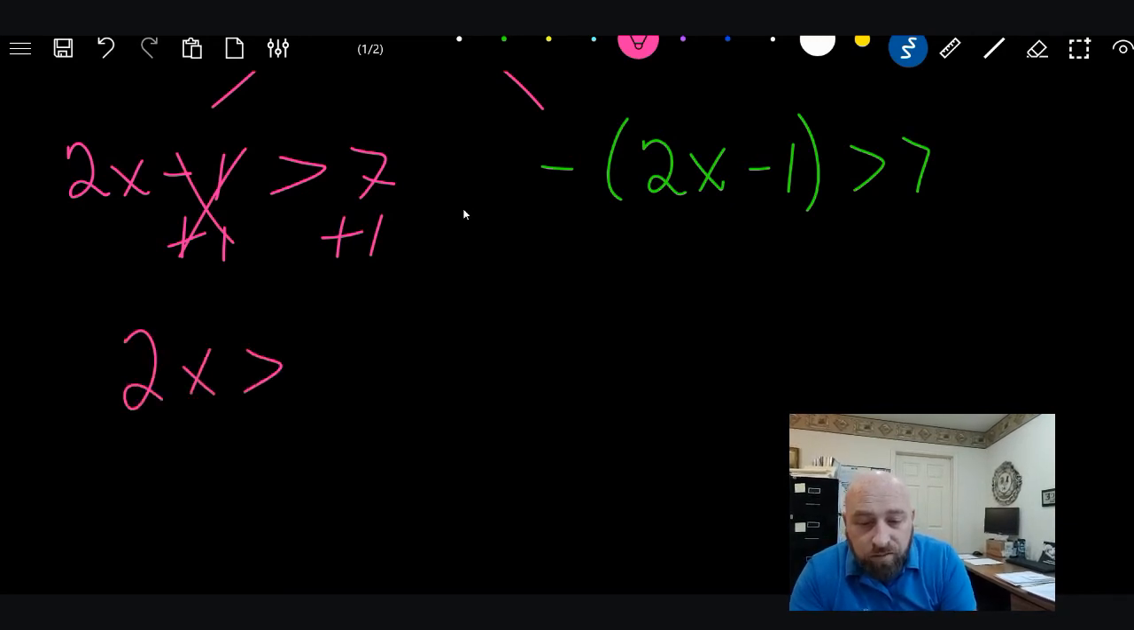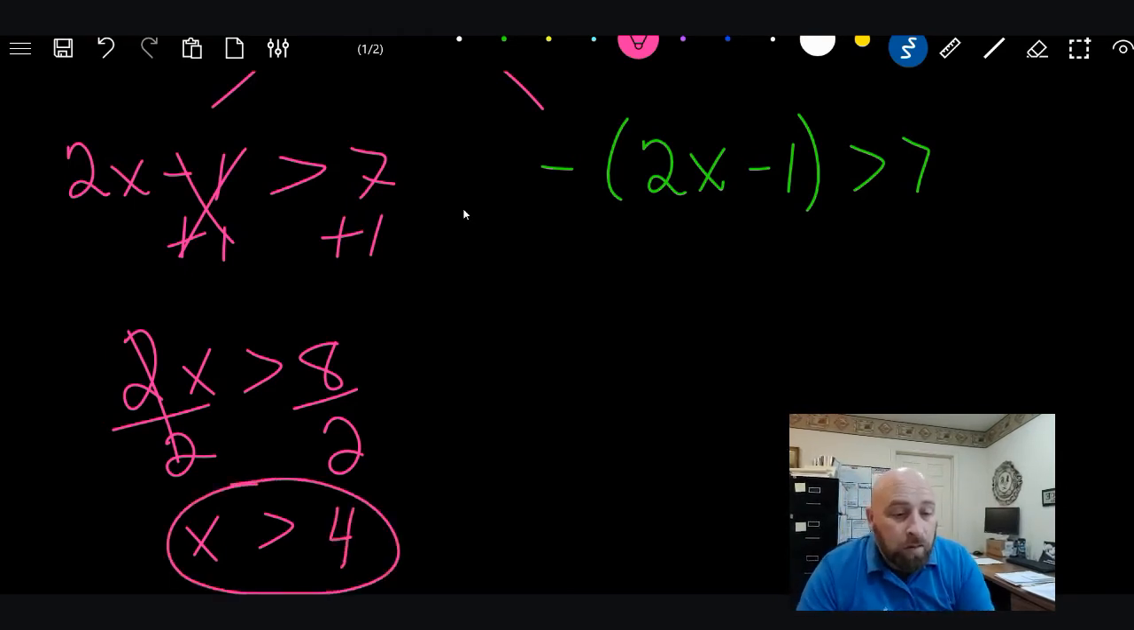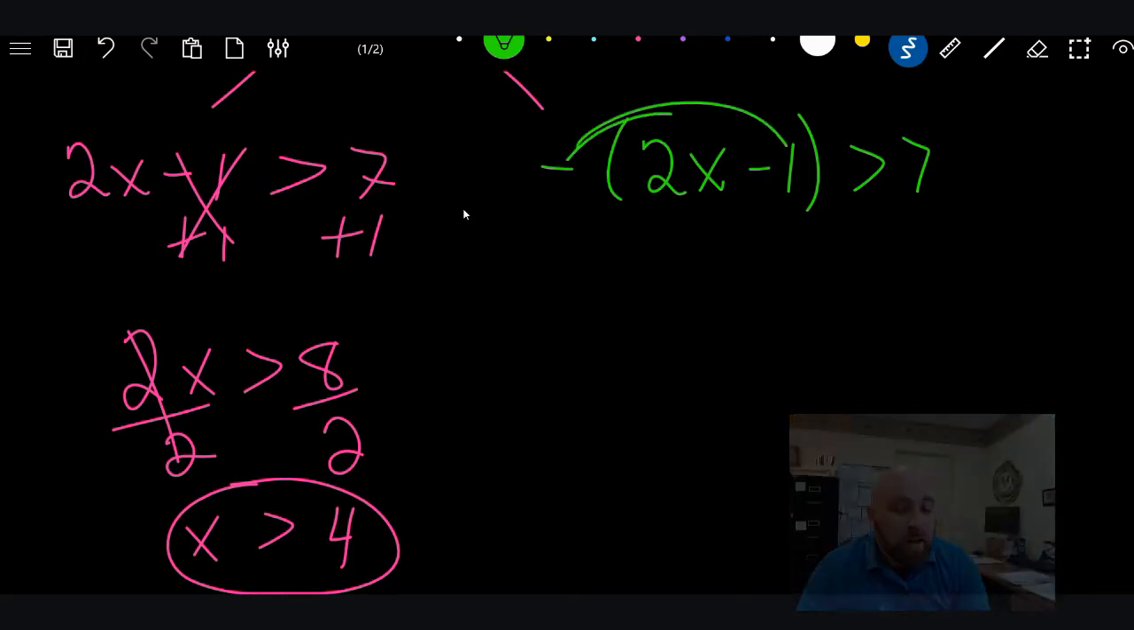And we're going to get 2x is greater than 8. We're going to divide both sides by 2. Again, it stays the same because we're dividing by a positive number. x is greater than 4. That's our critical number. We're going to come over here and we're going to distribute, and we're going to get